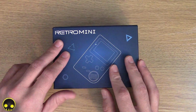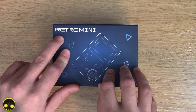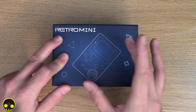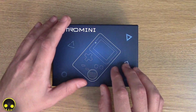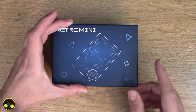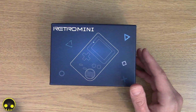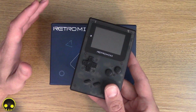Doing some research, the RETROMINI is actually kind of a pioneer of all these handhelds that we play today, and it came out around 2018, I believe. It was followed up by stronger versions with better screens and whatnot. I had the Retro Game 300, which I think is one of the close to, if not immediate successors to this. Now, full disclosure, I've already opened this, but there's a reason, because this doesn't really perform that great right